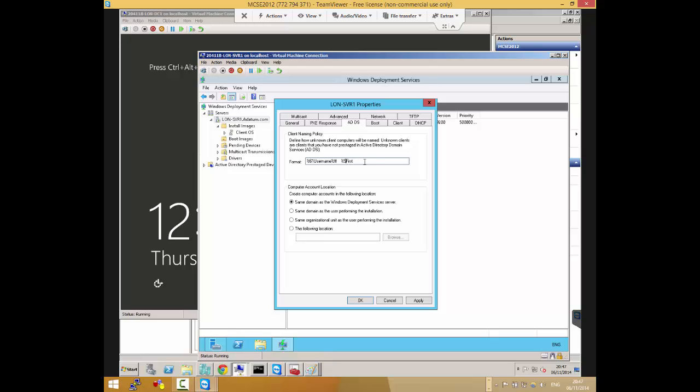If I go percent last, it means use the user's last name as the computer name. If I go percent 7 last, it means use the first 7 characters of the user's last name as the computer name. So what do you think percent 61 username means? Maybe the username can consist of 61 characters. Yes, so it means use the first 61 characters of the username. That's all that one means.